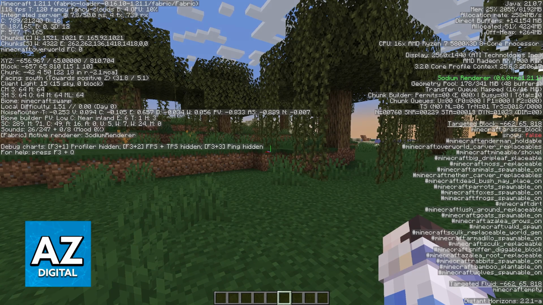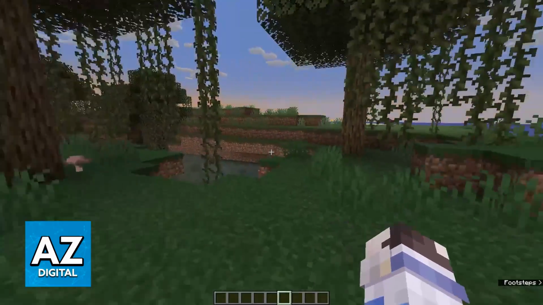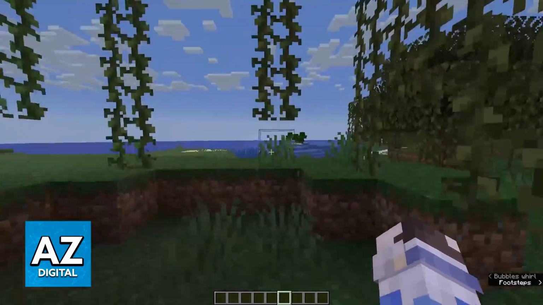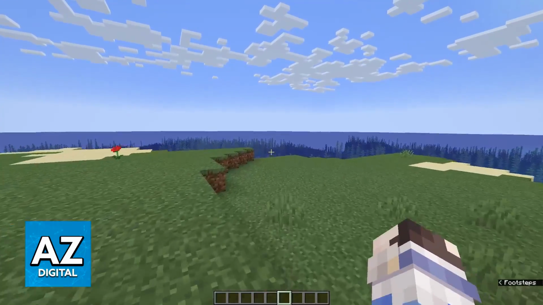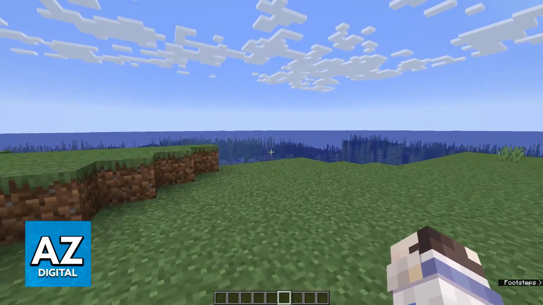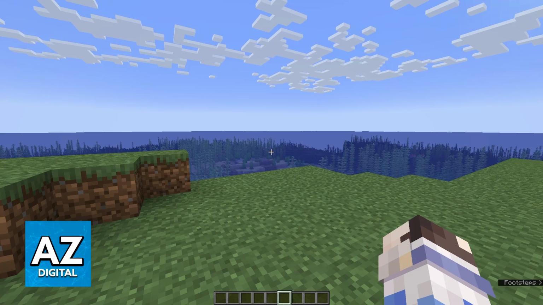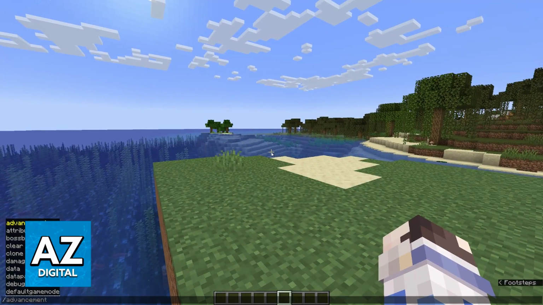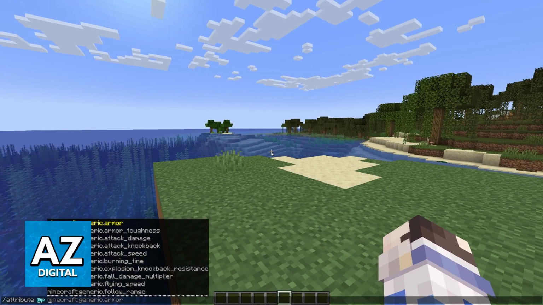I am using Fabric, but don't worry, even if you are doing this without the usage of any mods, you will be able to use the attribute command. So the way that the attribute command works is that it is going to allow you to change certain properties of mobs, armor stands, and players. So you can change the value of certain attributes and they will have modifiers to adjust the strength of those effects. So go ahead, type /attribute, and then you can choose which entity it is going to be applied to.